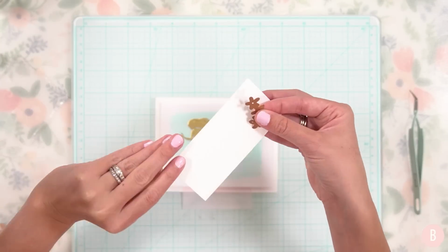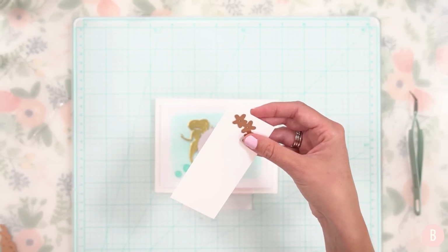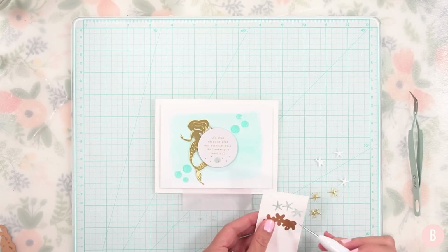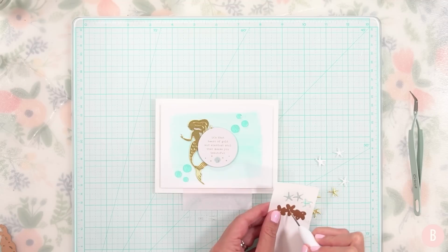I'm going to cut out 2 in the white, 1 in the gold, and then we'll just complete this card by tucking a few more underneath. I always will be so honest with you,